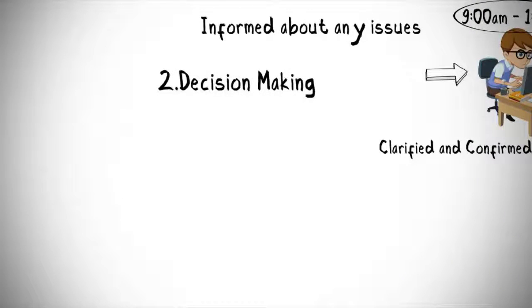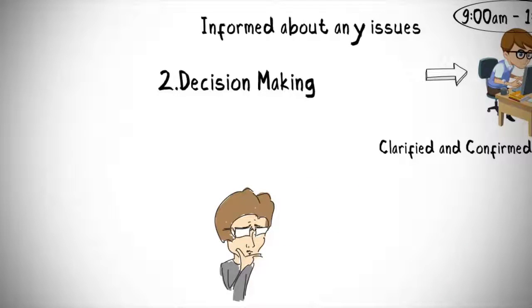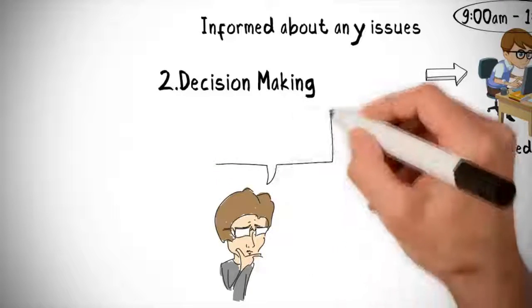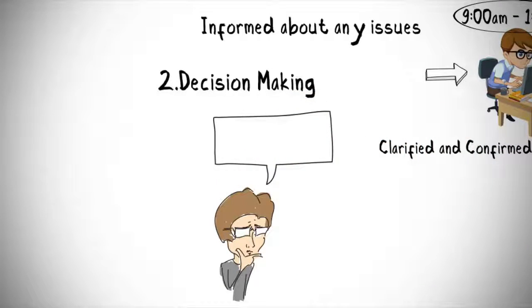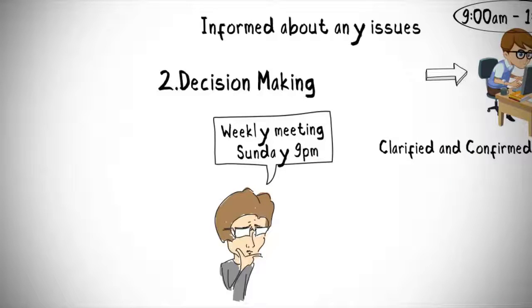2. Decision-making. Similar to communication issues, decision-making will be affected because of the exact same thing, different working times. To make decisions during the game development process, I organized weekly meetings via Skype with my staff every Sunday at 9 p.m. It took about 15 minutes every Sunday, and we resolved all issues and made decisions for the following week.